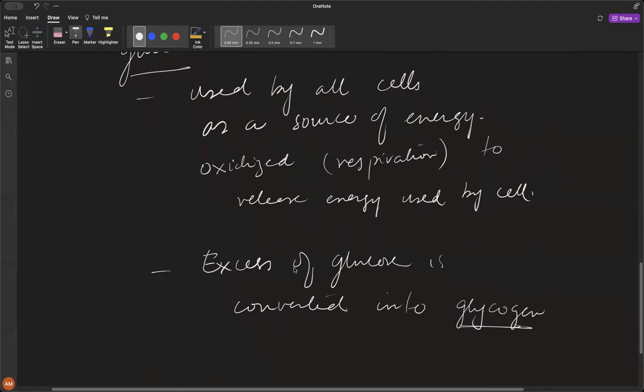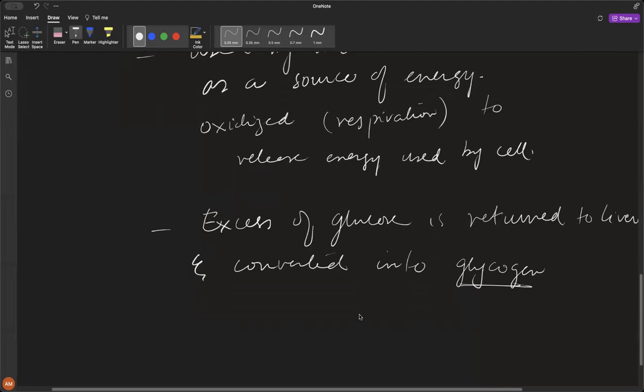Excess of glucose is returned to the liver and converted into glycogen. Some of the glucose present in the muscles is being converted into glycogen in the muscle cells. But excess glucose in the blood returns to the liver,